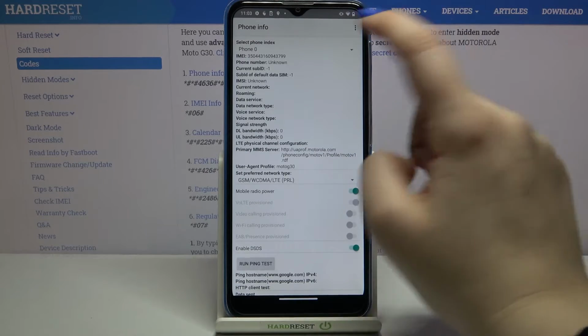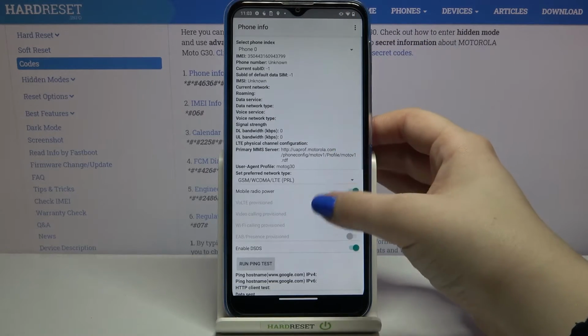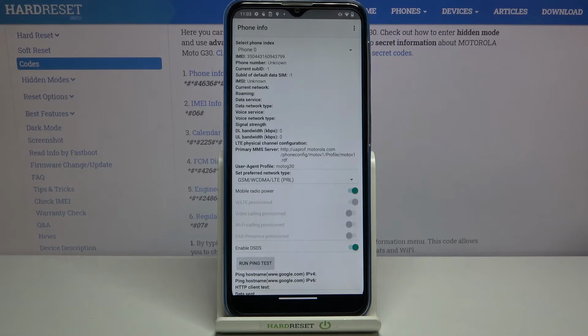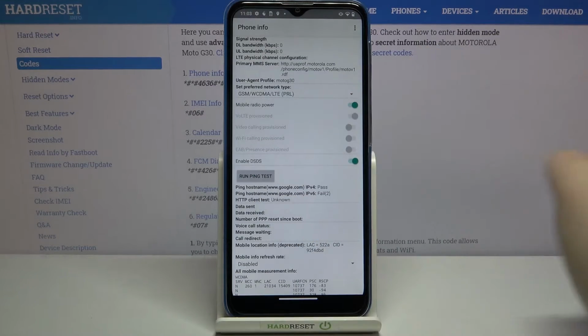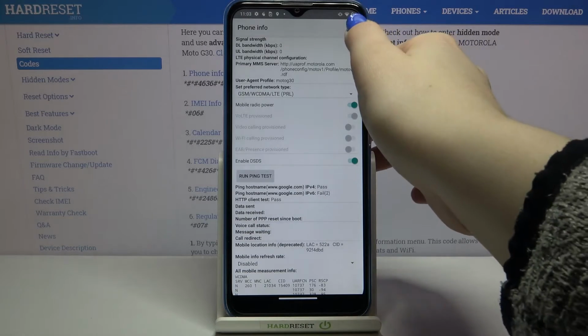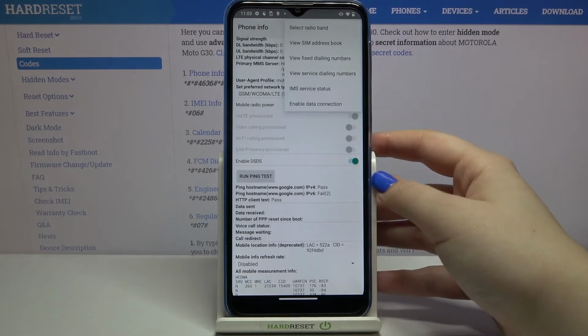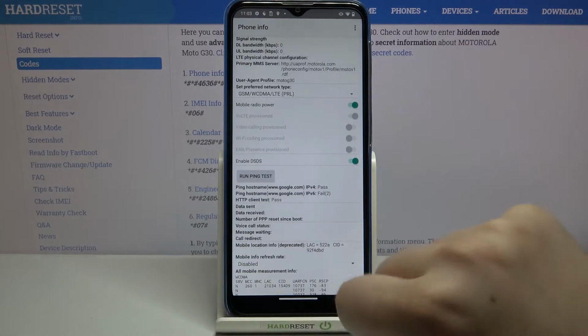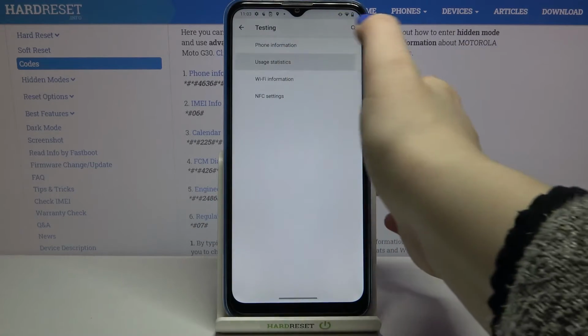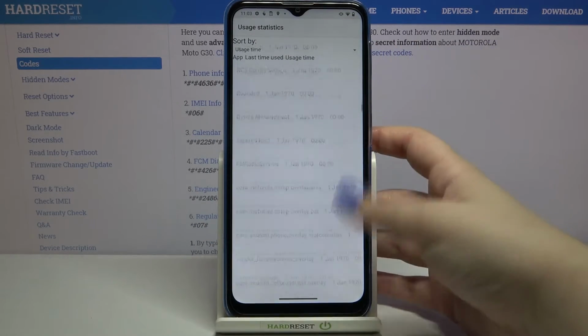Obviously I do not have many info right here, but it is because I do not have my SIM card inserted. So if you will have one inside your device, then you will be able to check those info. What's more, we've got run ping test option here, and here we've got the results of it. We can also tap on this 3 dots icon, and here we can enable data connection, for example, or view fixed dialing numbers. Let me get back and let's check usage statistics, for example, and here we've got the full